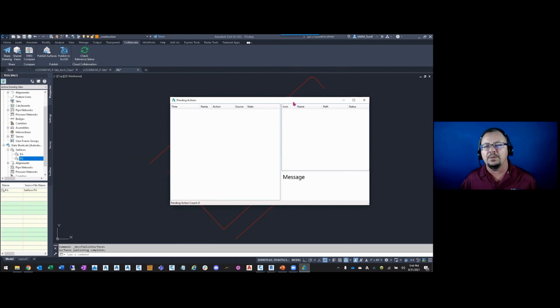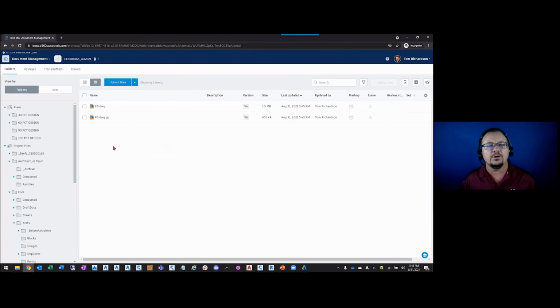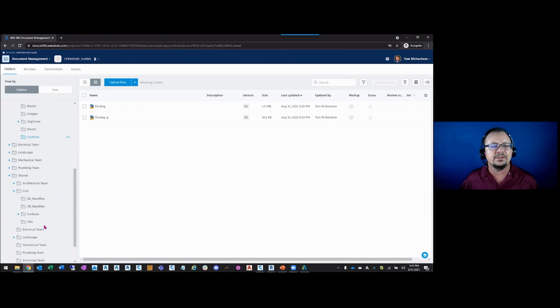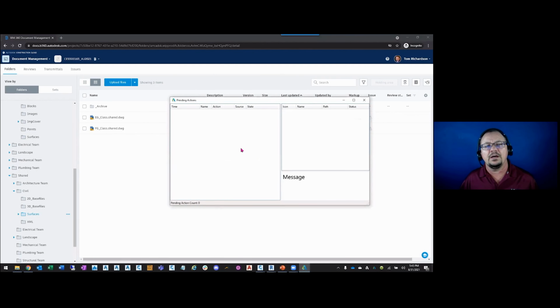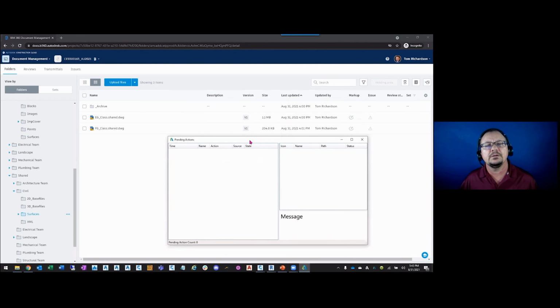And again, I'm going to go back to my Desktop Connector so you can see this in real time. It's going to process locally. It's going to save it. Then it's going to push it into the Desktop Connector. And it's already gone through the Desktop Connector. So that was pretty fast. And if I go back to where I saved that file, it's going to be under Surfaces. And it should appear here. And it may have been a file locking that went through there. But it should save in this location.